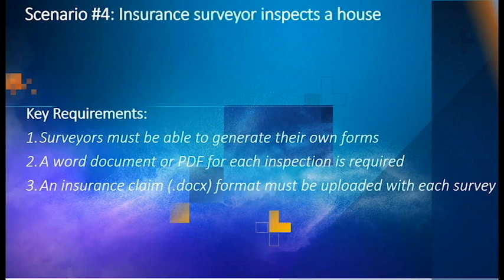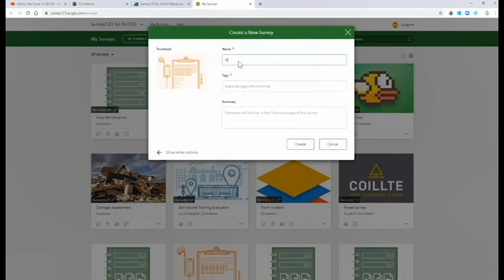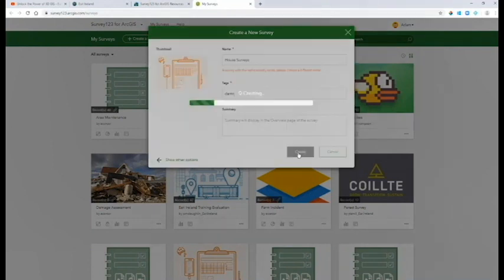So if we look at this first requirement here, for any end users to be able to generate their own forms, if we keep it simple, we can get a lot done within the web designer. So again, I'm going to access this through survey123.arcgis.com. I'm going to create a new survey. I'm going to call it house inspections, give it a tag, call it a demo so nobody thinks it's real. Now I've got to say house surveys. Somebody already beat me to the punch on inspections. So once that's creating in the background,